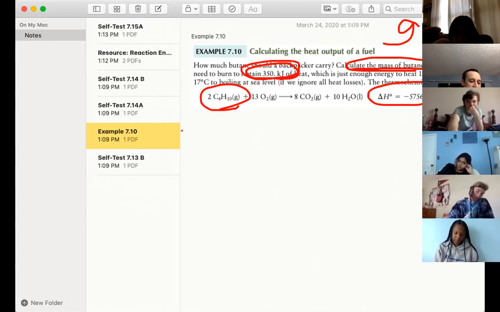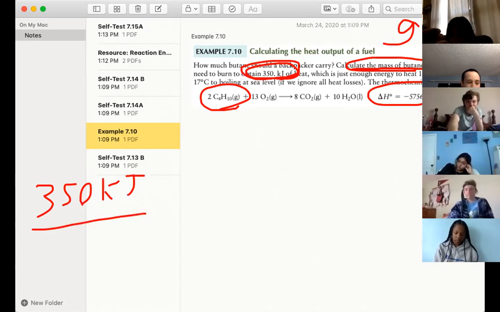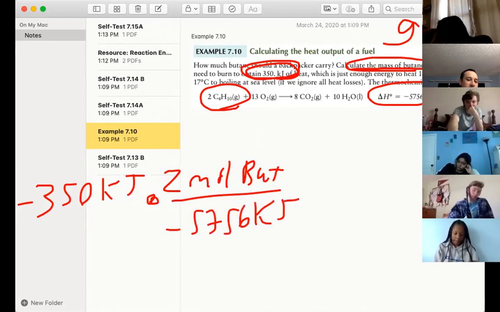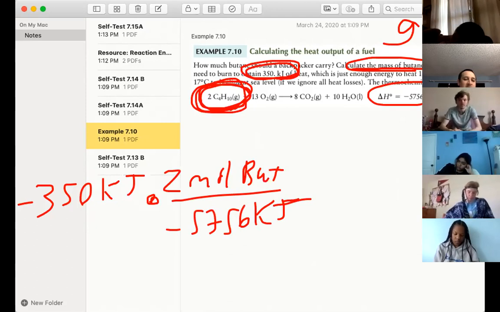So we say to ourselves like this, 350 kilojoules per, we don't know how many grams of butane, but times 2 moles butane per negative, they're all negative, so it's per negative 5,756 kilojoules released, because your stoichiometric amount here is 2 moles of butane. So 2 moles of butane combusted produce exactly this much heat output, times some